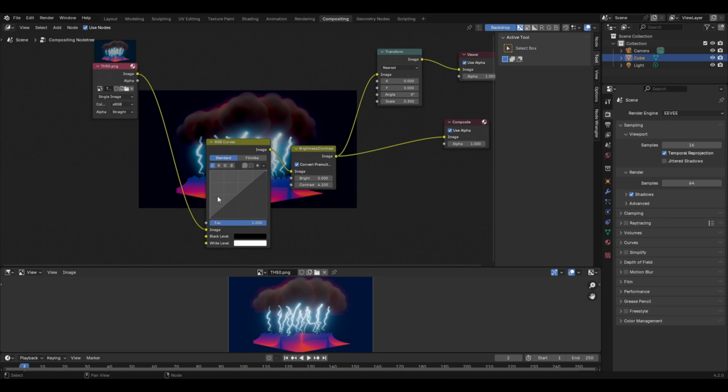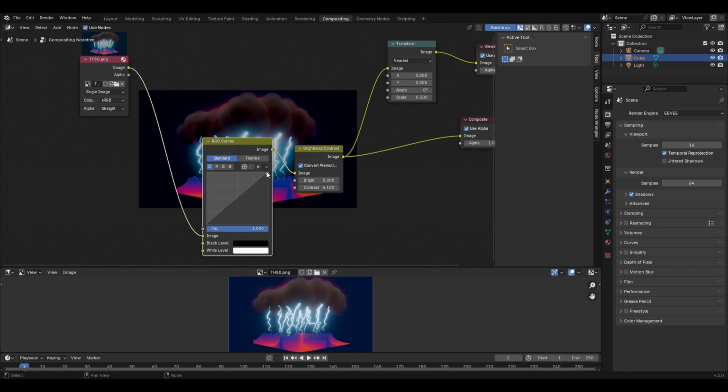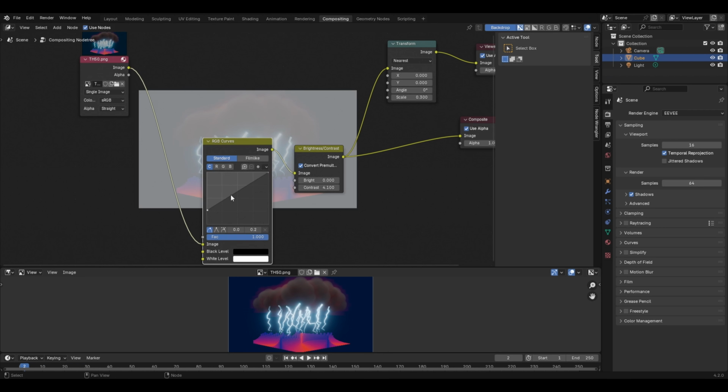Now if you notice closely, we have two more pointers in the RGB curve which are present by default. One of them is this pointer on the top and the other one is this pointer at the bottom. Now both of them have some specific function. Now with this bottom pointer selected, if I try to move up, then in this case the brightness of all the black pixels will increase, and that is because this particular pointer controls the black or basically the dark pixels, and this one at the top controls the white pixels.